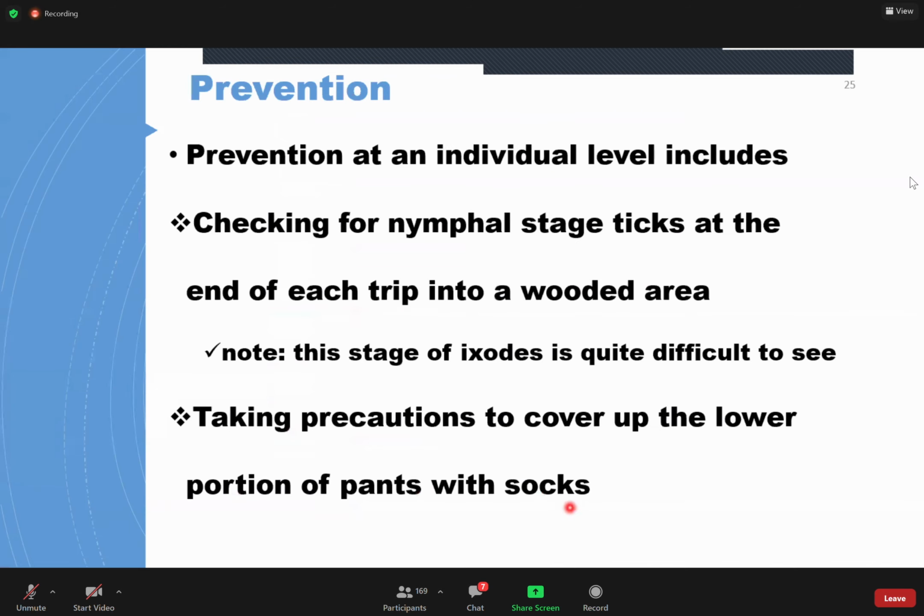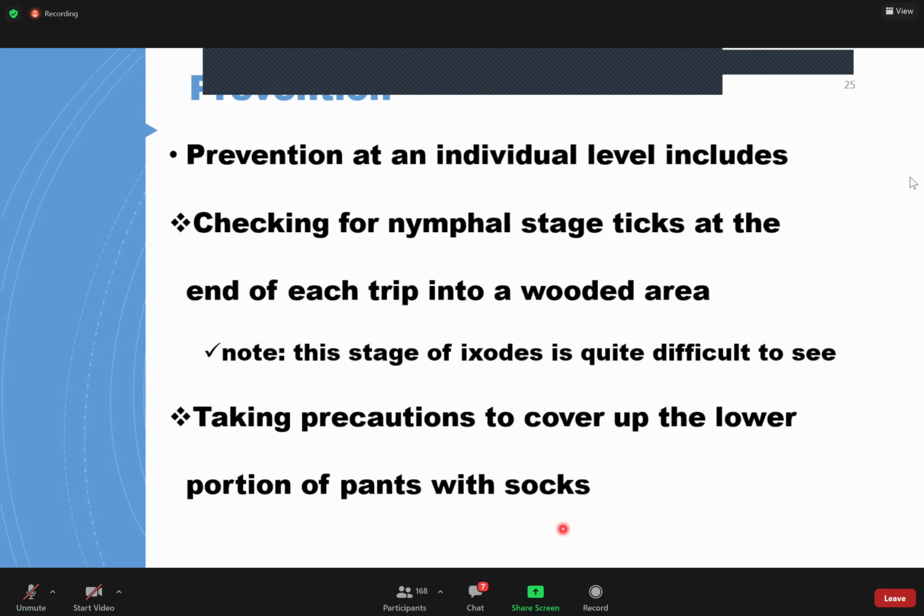And how can you prevent infection? The tick is usually found in highly wooded areas where you have a lot of trees. So for prevention, it's not easy to have a global approach because you have a lot of reservoirs. Remember we said it's a zoonotic infection? You have a lot of reservoirs. You're not going to go killing all the livestock, all the dogs, and what have you. You can't do that. So the best thing is for you to protect yourself as an individual.